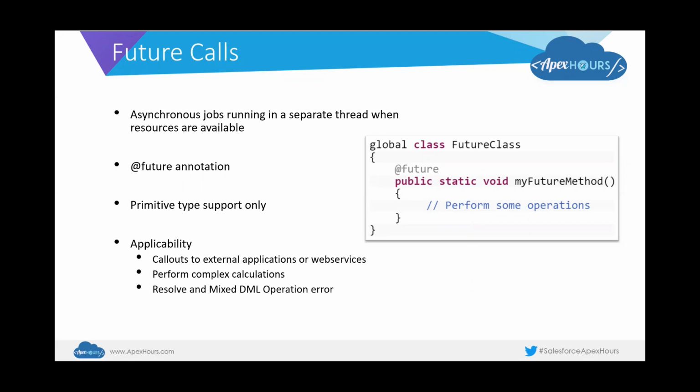Now, future methods are generally used when you want to perform callouts, or make calls to external web services, or execute complex calculations which require time of their own, or they can be used to resolve a mixed DML operation error. A mixed DML operation error is a very special error that occurs when operations on setup and non-setup types of objects in Salesforce are